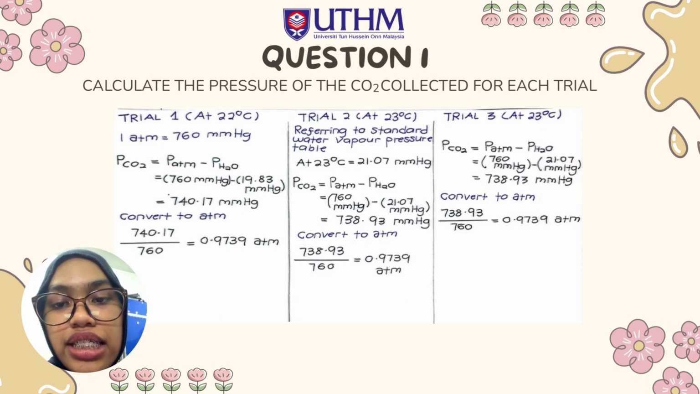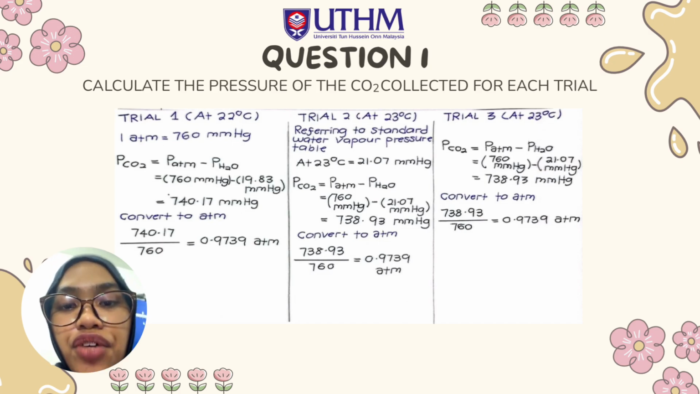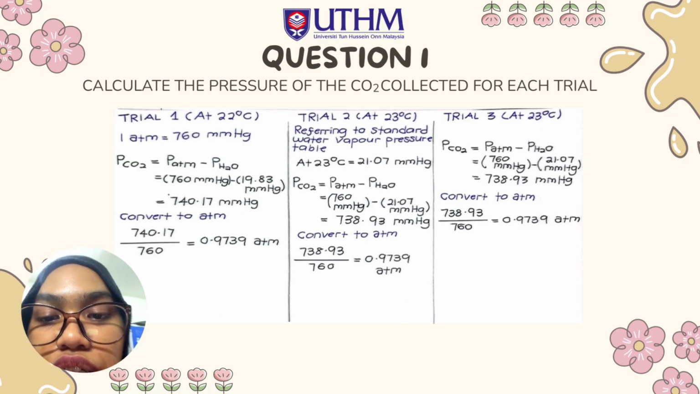760 minus 19.83 resulting 740.17. So 740.17 over 706 resulting 0.9739 ATM. For the trial 2, we repeat the same formula using